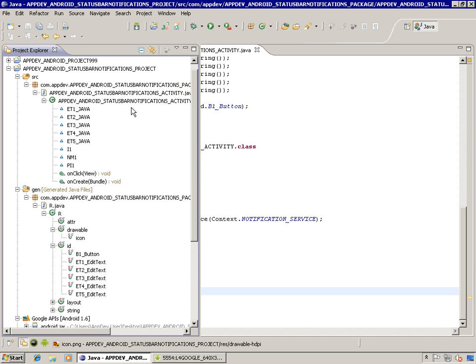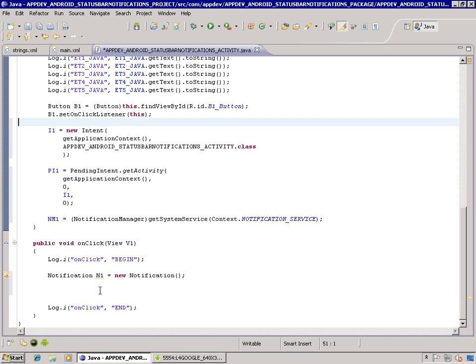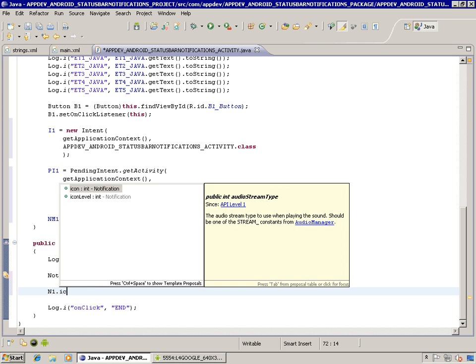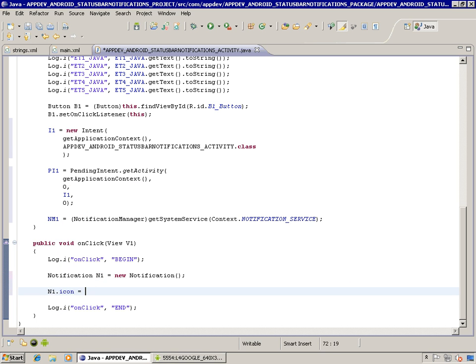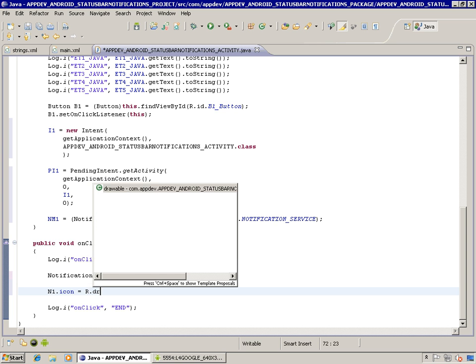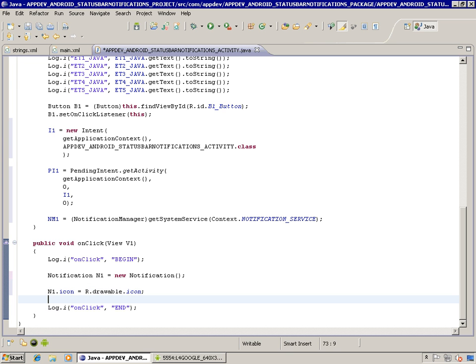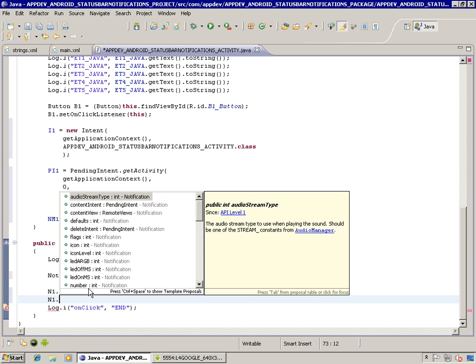If we go back over to the Java coding area here, the first thing that we can do is set the icon for N1. So N1.icon is equal to R. So that'll give us access to a sample icon. We could drag and drop other graphics into that folder, and then R.java would give us a name based on the file name of that thing. So now the value for the ticker text